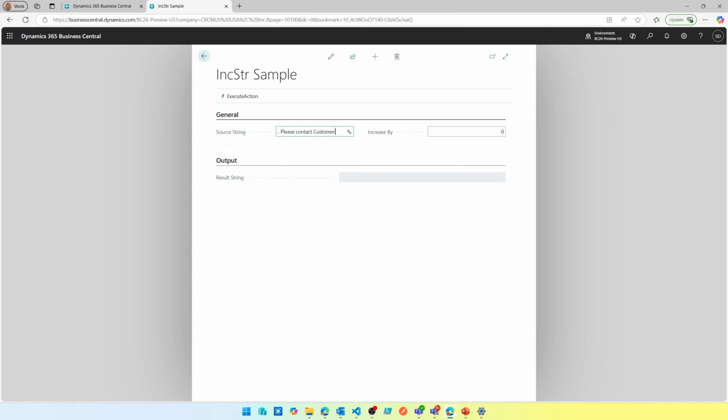Okay, and I would like to increase this 54 by 5 digits. When I click on execute action, now it says that 54 plus 5 is 59 and contact customer. Let's try with two numbers in it. Let's say at the end of it, please contact customer